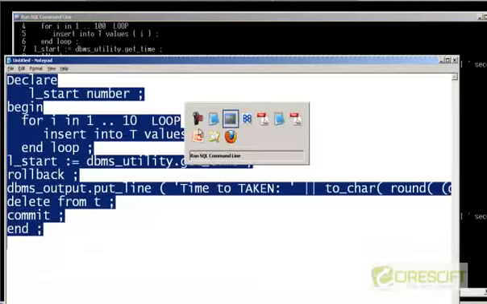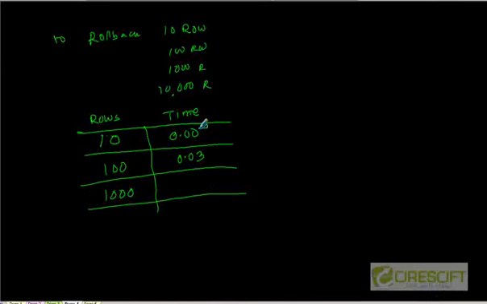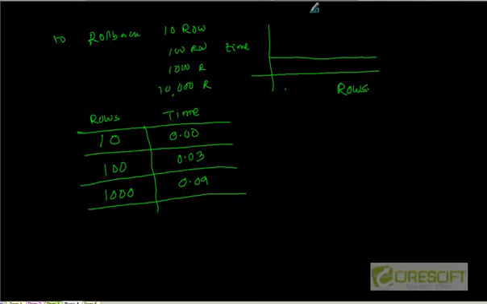This takes 0.09 second. So what's going on here? Essentially, what we are saying is, the more rows we are trying to roll back, the more the time to roll back is increasing, right? If I draw a graph, say this is rows and this is time, for commit it is a constant. This is the kind of graph we are going to create if you want to measure the commit time. If you want to measure the rollback time,